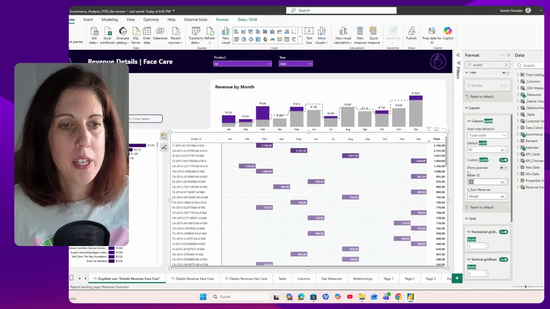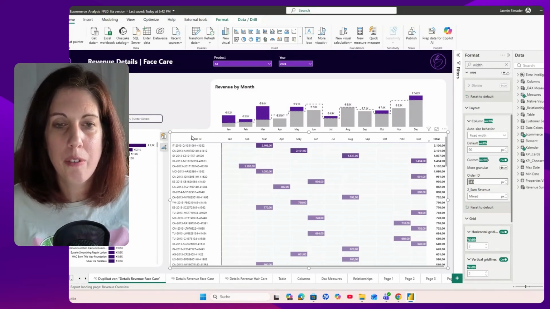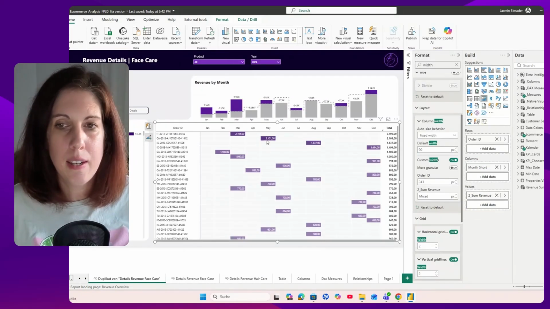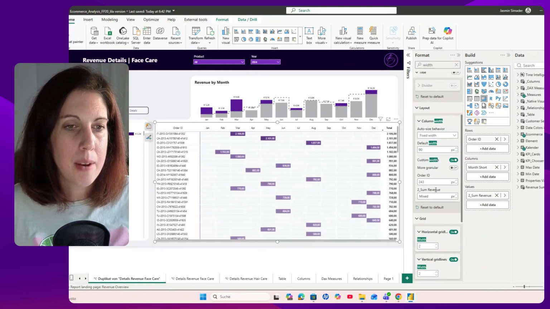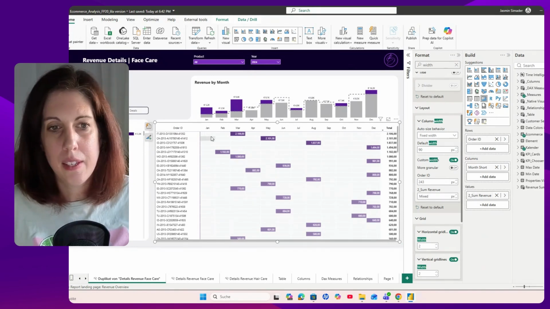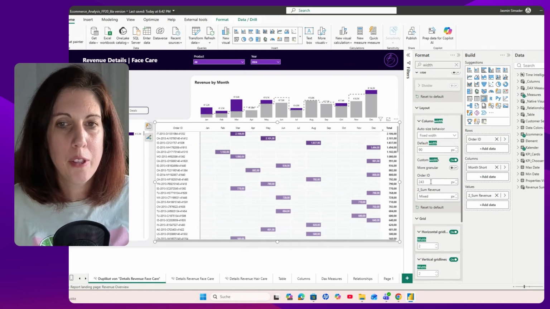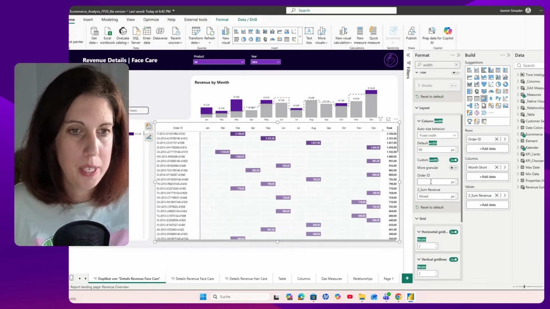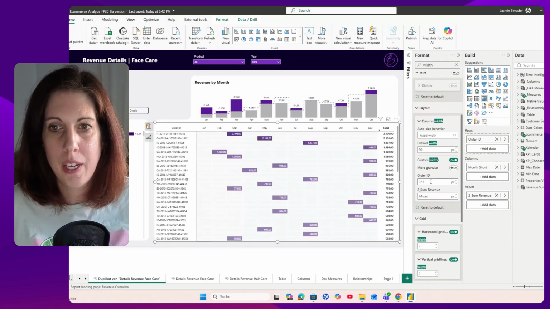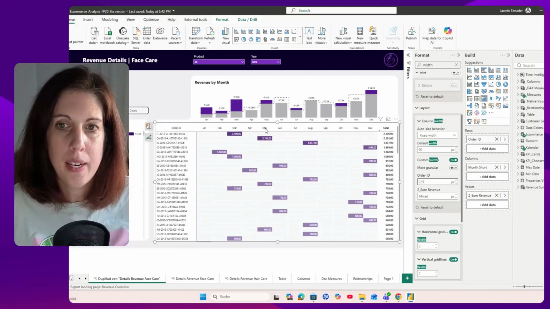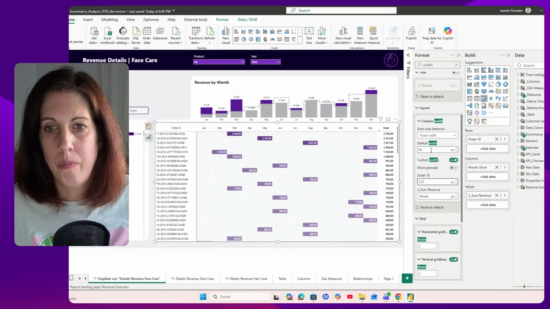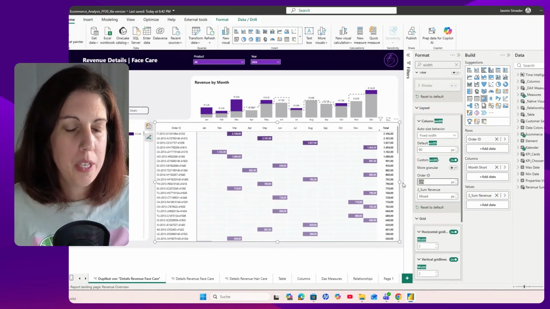Then you can change here the width of the single column. So for the order ID, you can see this is this column. And for the sum of the revenue, you can see these are the values. So for the order ID, we will choose 20 at the moment to make it smaller. And you can see it's aligning much better now. And I think the 90 is nearly good, but here we can go to